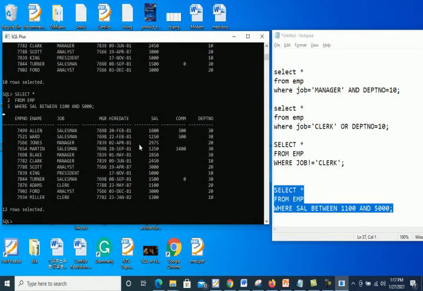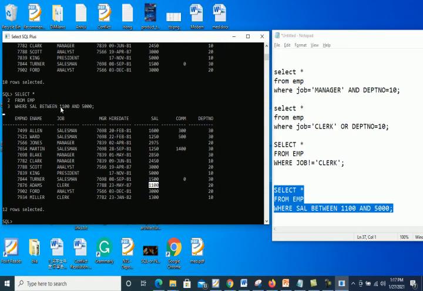Here you can see this query will display all those employee records whose salary is between these two values, 1100 and 5000, including these two. Let's see here we have the 5000, the max value, and we also have the 1100. So the BETWEEN operator includes these two records also.